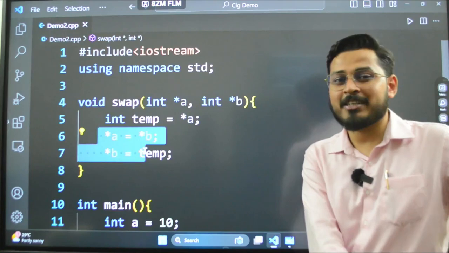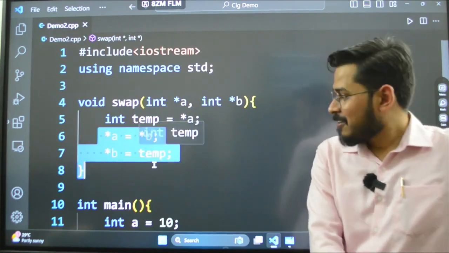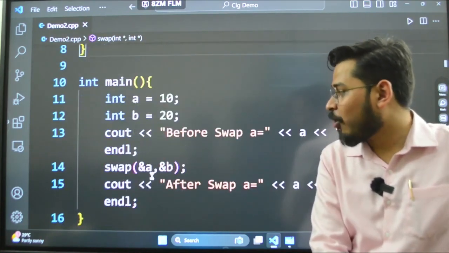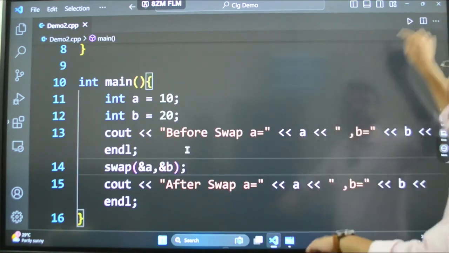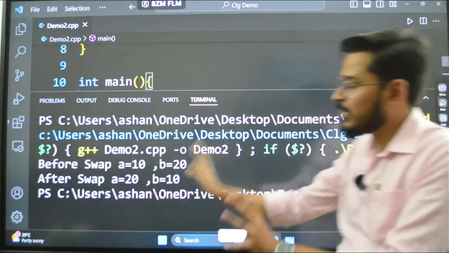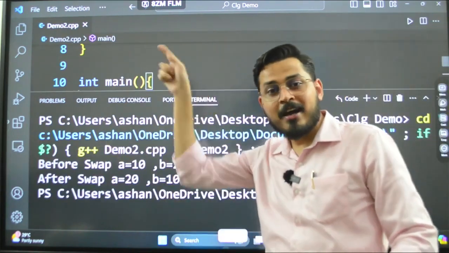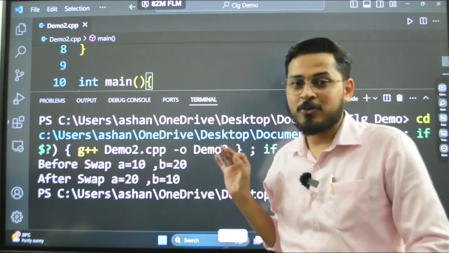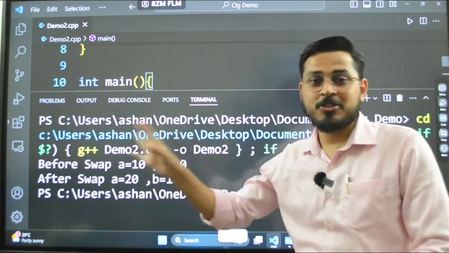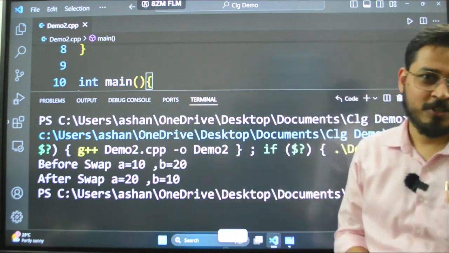I am swapping through the pointers. So this is call by reference, calling the function by passing the reference. Now if I run this code, you see that the changes made by that function are reflected back in the main function. I hope this is very clear to all of you.